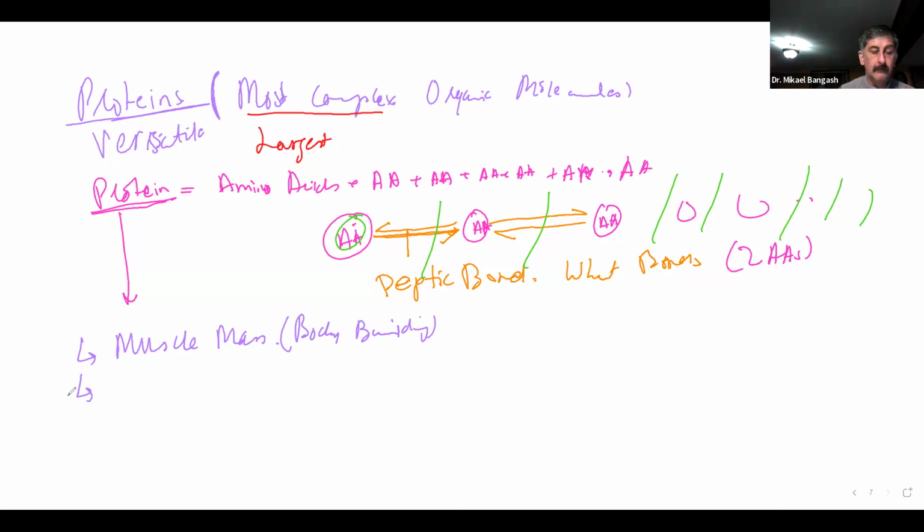Another thing is, a lot of these proteins will act as substances that we call enzymes. So we may come across the word enzyme. Now, what is an enzyme? An enzyme is a chemical substance that,